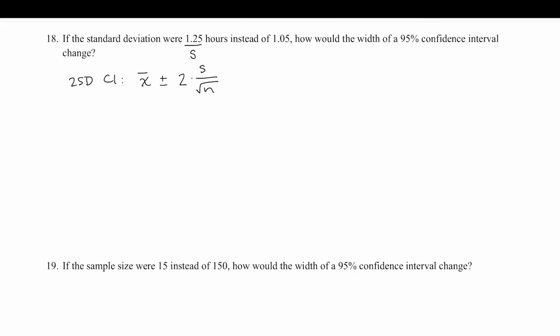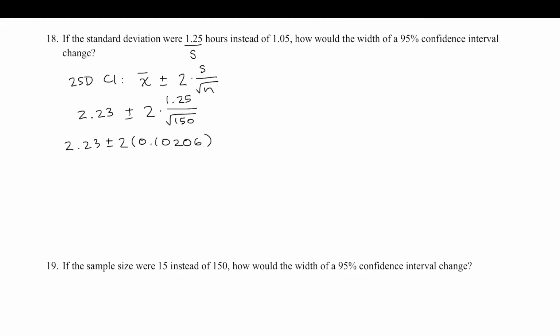So my variable is still quantitative, so I'm still using x bar plus or minus 2 times s over the square root of n for my confidence interval. My x bar sample mean is still 2.23. Now my s is 1.25. My sample size n is still 150. So I'm going to take care of the division first, and when you take 1.25 over the square root of 150, you should get